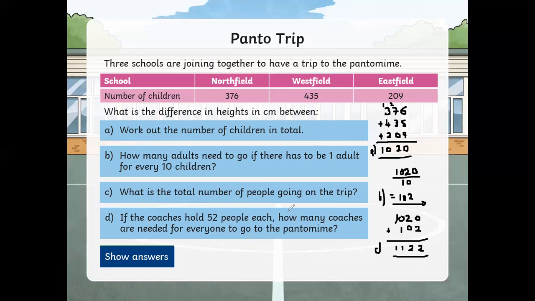Cool. Then question D, if the coaches hold 52 people each, how many coaches are needed for everyone to go to the pantomime? So that is a division. I'm going to leave the long division up to you guys because we have gone on quite long. So what we would do is we go 1,122 divided by 52. And I'm using my calculator here. Try to do the long division if you can, and that gives us